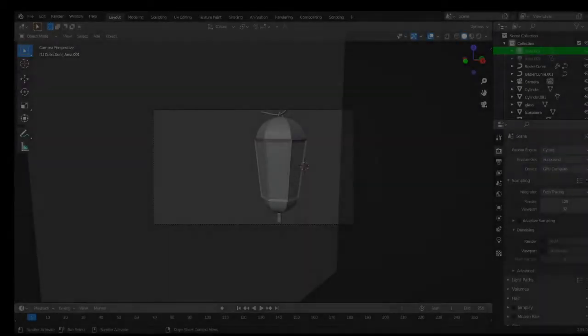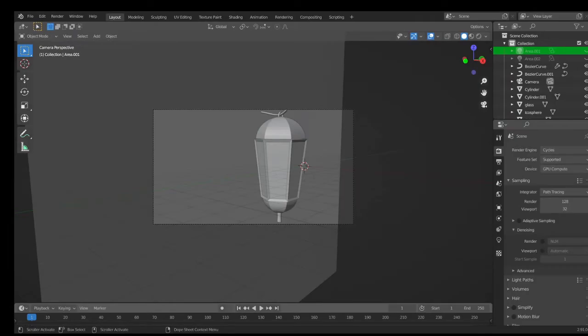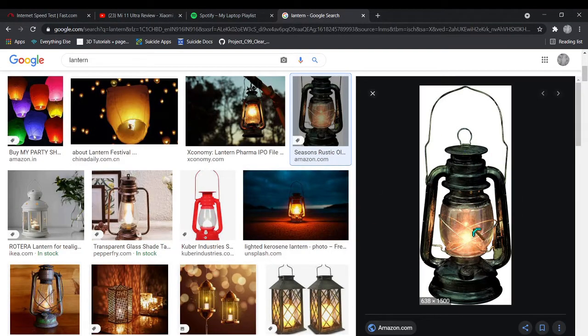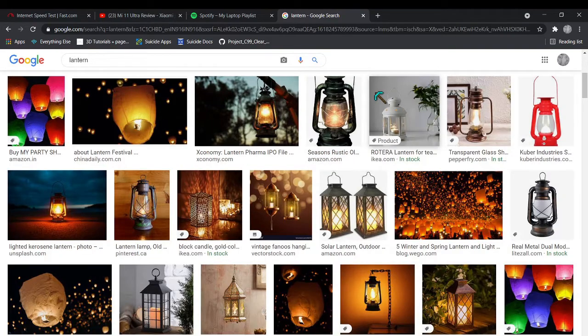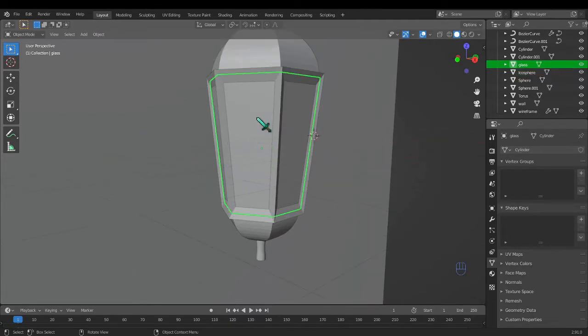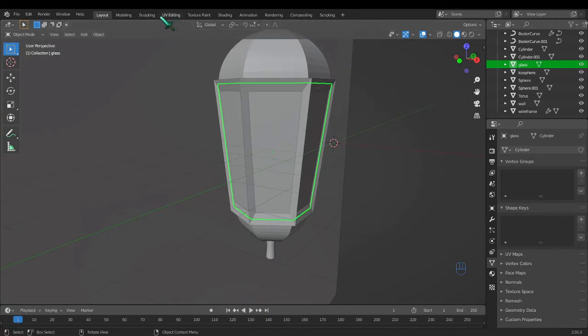Now let's just jump into adding materials to our scene. For a lantern, as you can see, almost all the materials are the same, so we are gonna do just that. Also, at this point, saving your Blender file would be great. Let's select our glass material and glass object, jump into the shading tab,